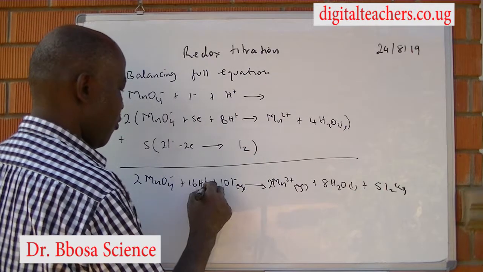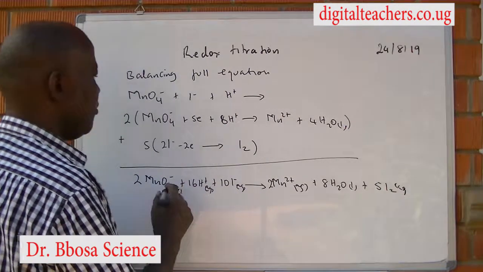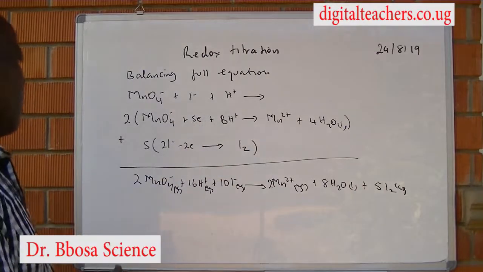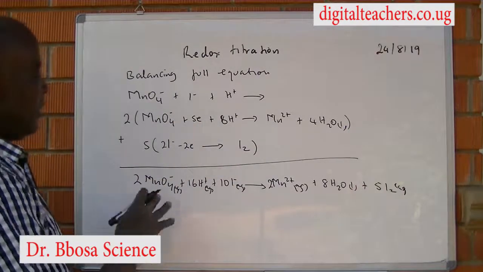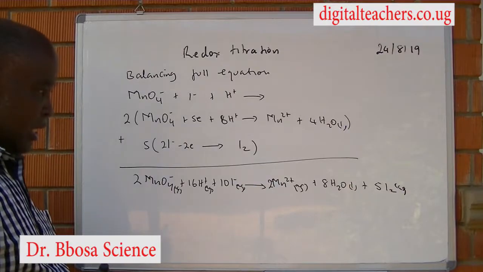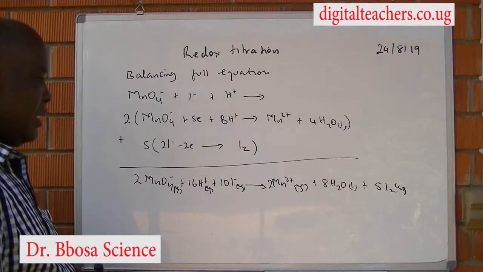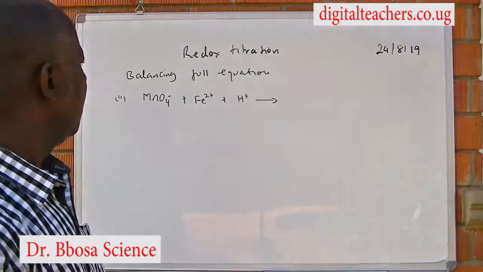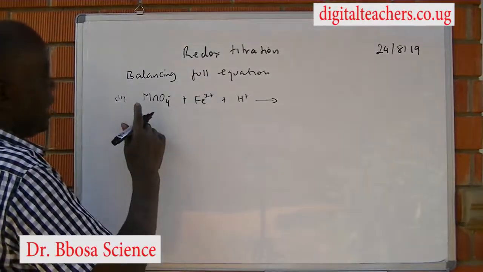So this is the full equation between permanganate 7 and iodide. Iron is 2. If you are required to write an equation between